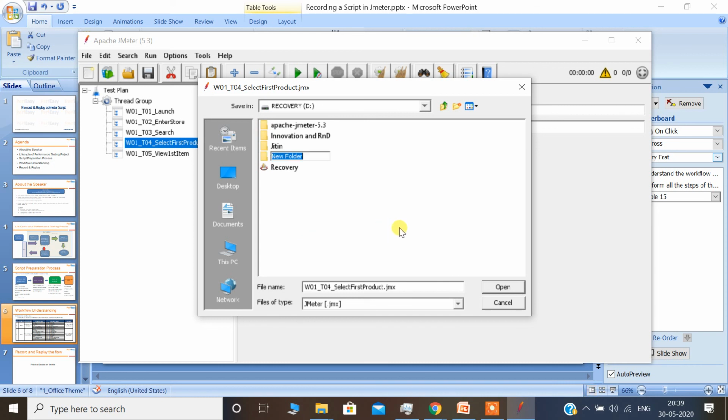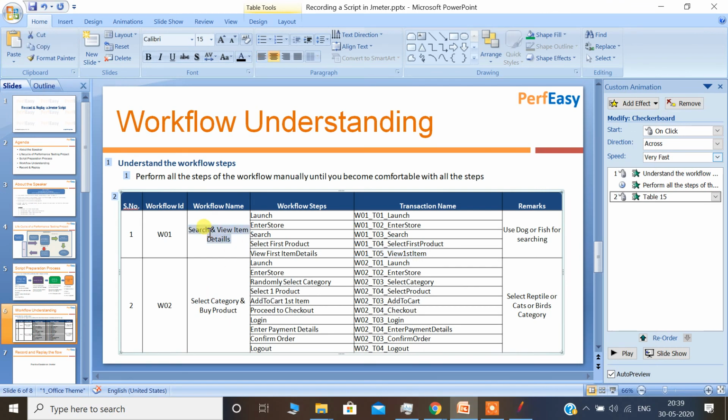For example, I am creating a JMeter session folder, where I create a script folder to save your scripts so that it becomes easy to manage. So here I am going to save my script. The script name is w01 underscore. What was the name? This was the name.